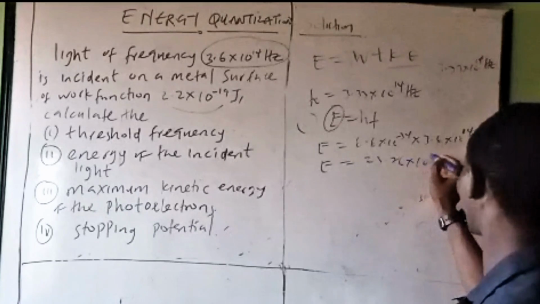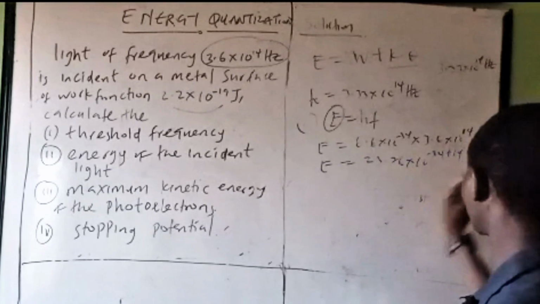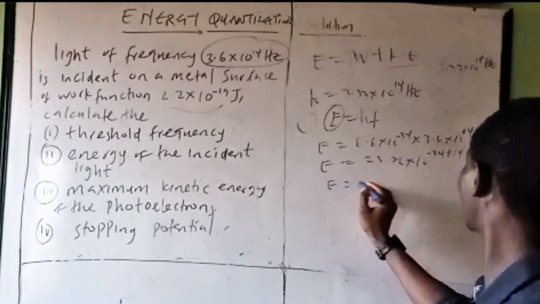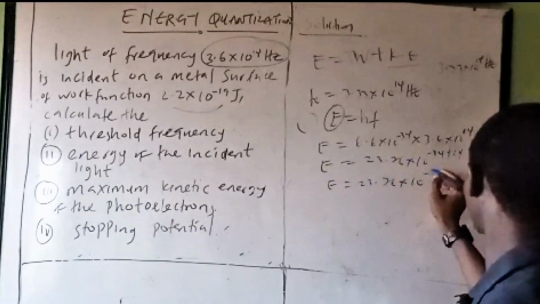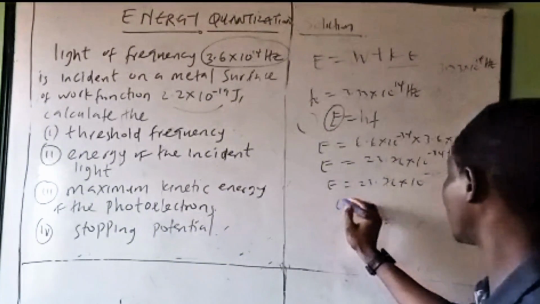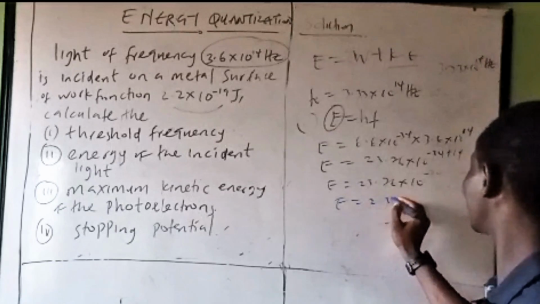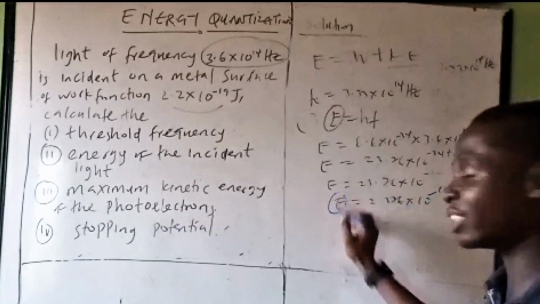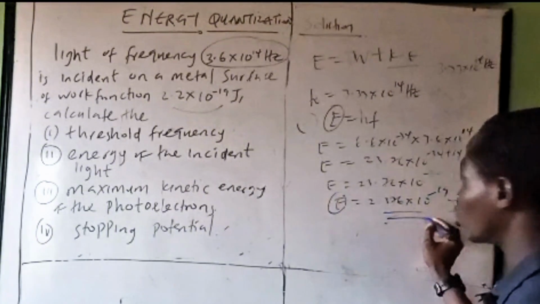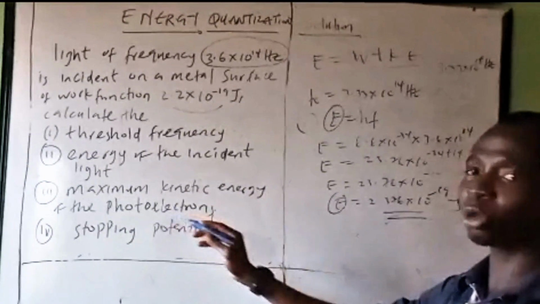So that will give us 23.76 times 10 raised to minus 34 plus 14. So this one will give us E is equal to 23.76 times 10 raised to minus 20. As a result of that, we're going to have E is equal to 2.376 times 10 raised to minus 19. And because this energy is going to be in joules,